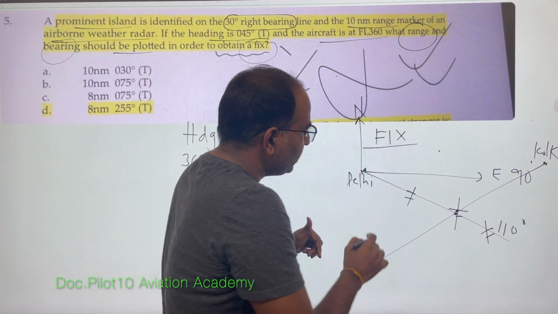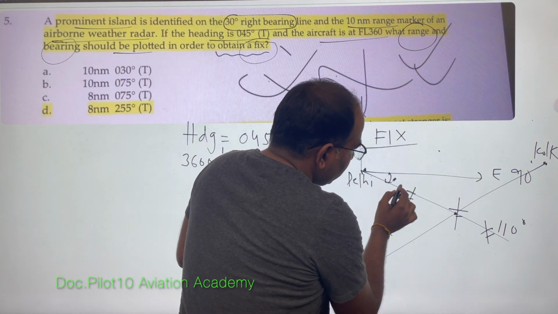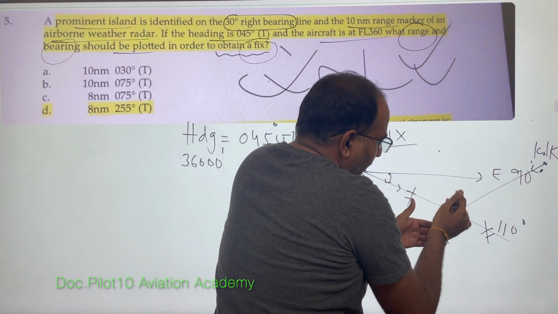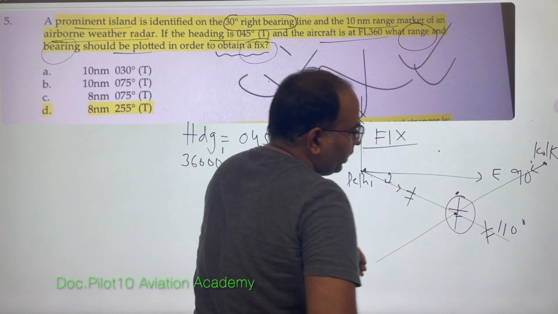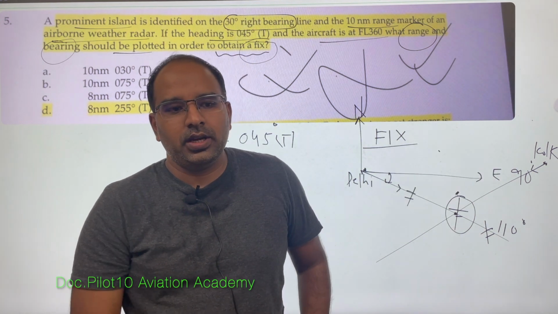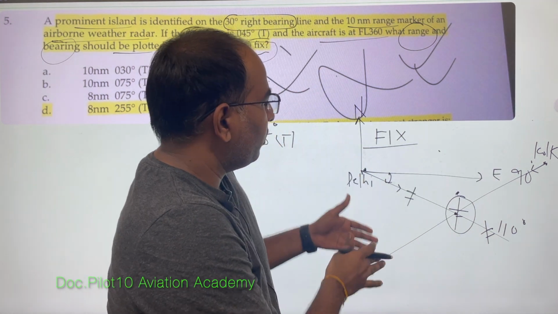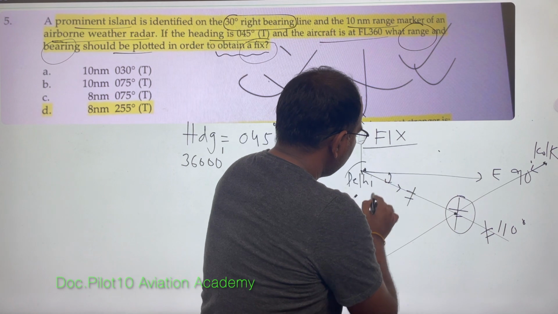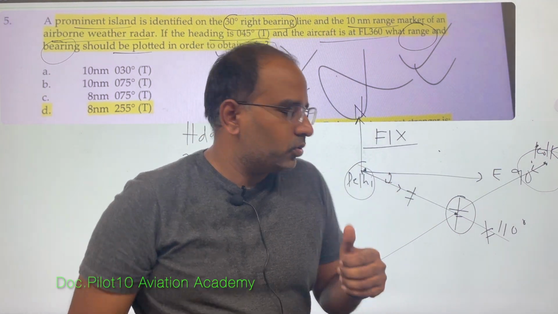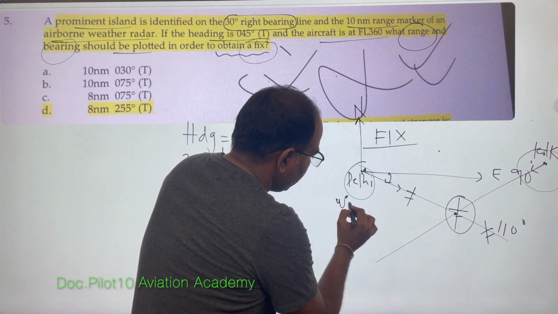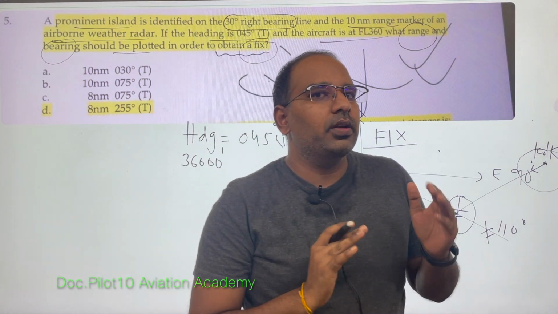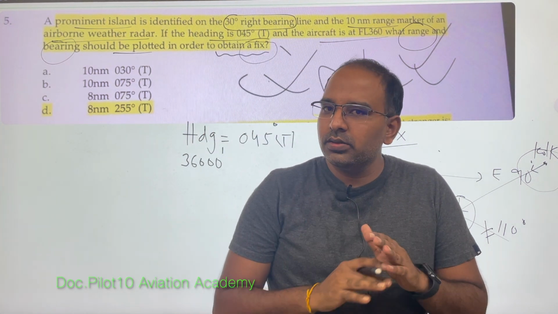That means, with respect to Delhi you are on some radial, with respect to Kolkata you are on a different radial, and where the two radials meet is your exact position, correct. This is called fixing, correct, knowing an aircraft position in relation to something stationary on the ground. Am I clear? So always with respect to ground you will obtain a fix. Having understood this, we will again move forward.